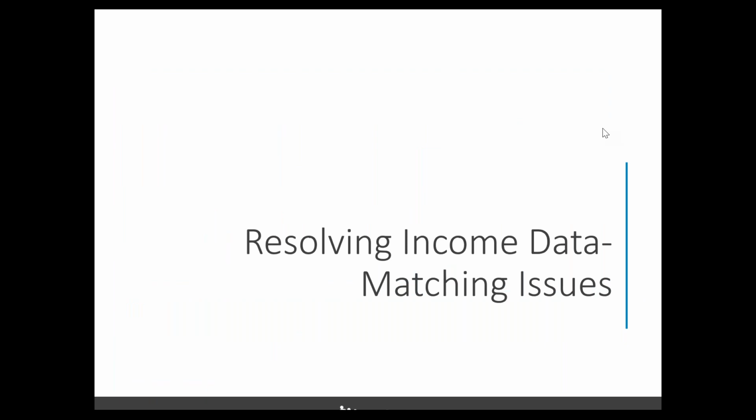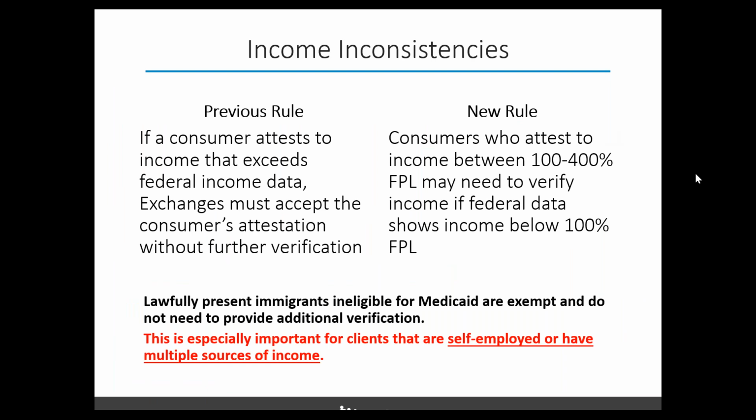And finally, I want to talk about data matching issues. There's a big change this year related to how the Marketplace will handle income inconsistencies. As you know, the income that a consumer puts on their Marketplace application is an estimate. The Marketplace compares this to information available from sources such as the IRS or the Social Security Administration. And if the consumer's estimated income is lower than the information that the Marketplace obtained from these sources, the consumer might have to provide